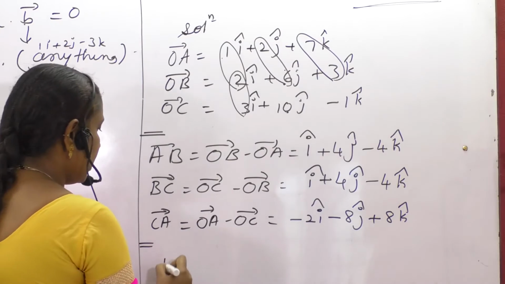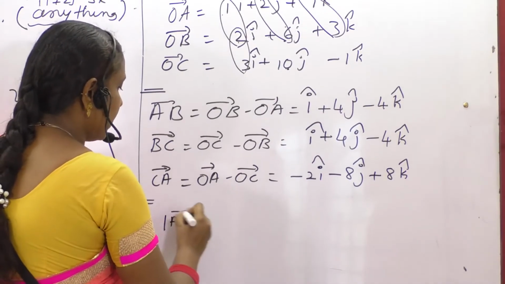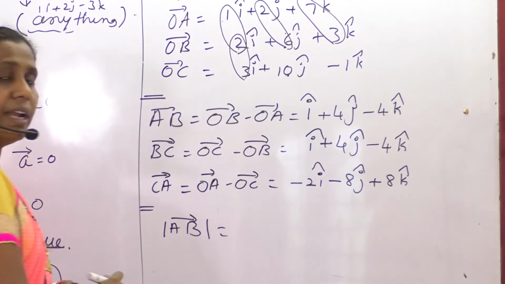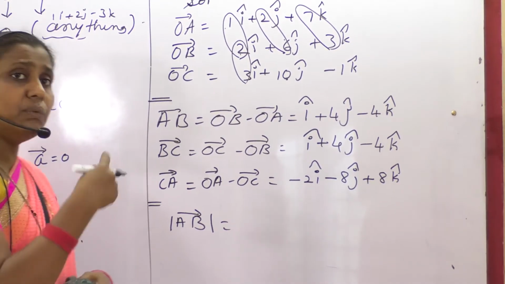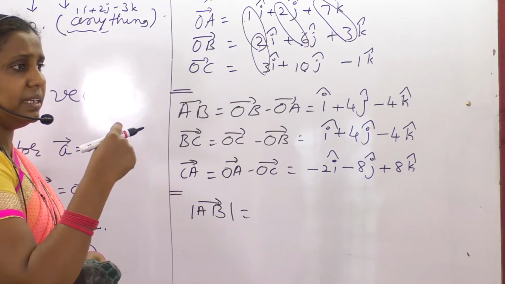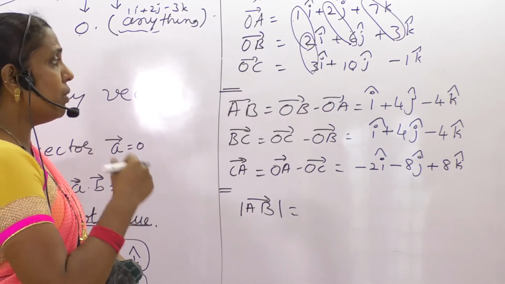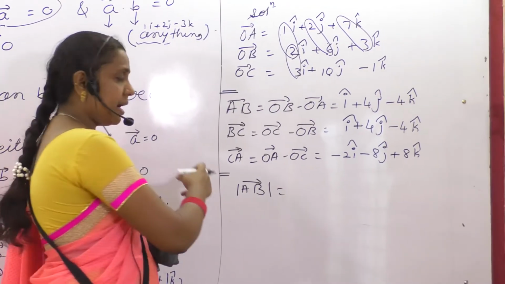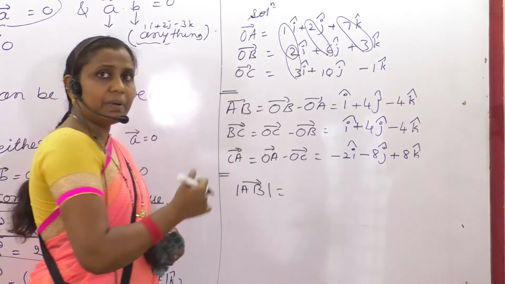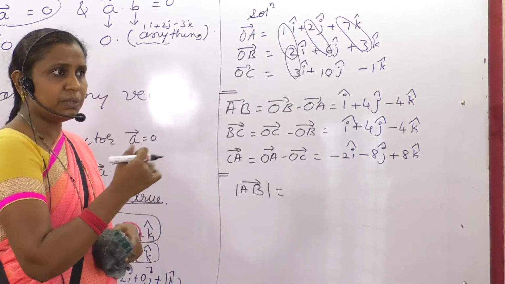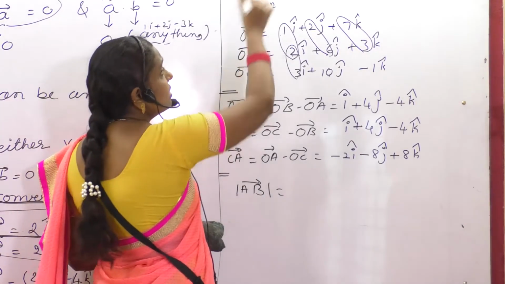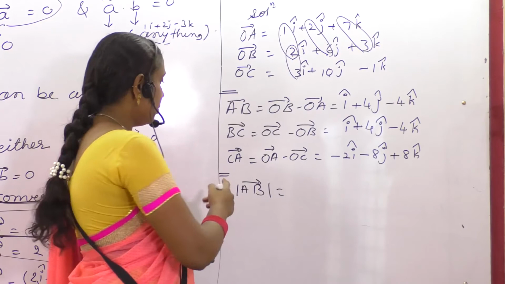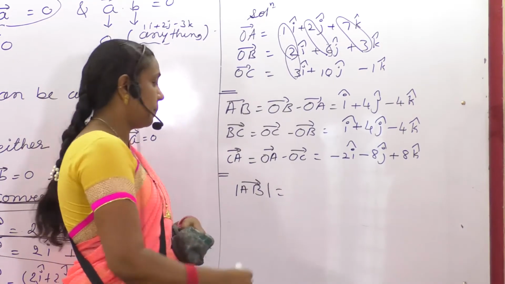Now, after this, what you have to find out? Length you have to find out. With the length, you will understand whether the points are collinear or not. If 2 vectors are given, then to show the points are collinear, what was the theory we had seen in the previous class? A1 by A2, B1 by B2, C1 by C2, the results must be same. Is it not? The same way here, 3 points are given. So, you have to check by this method.